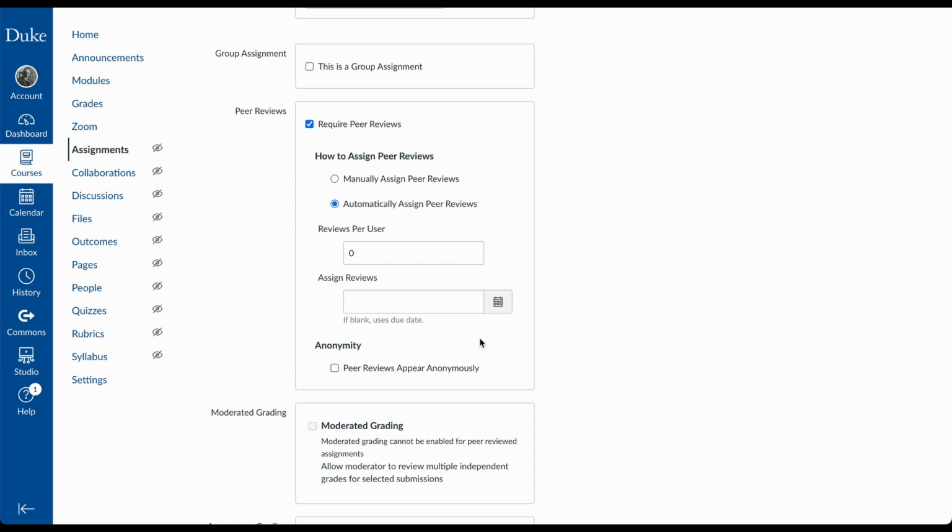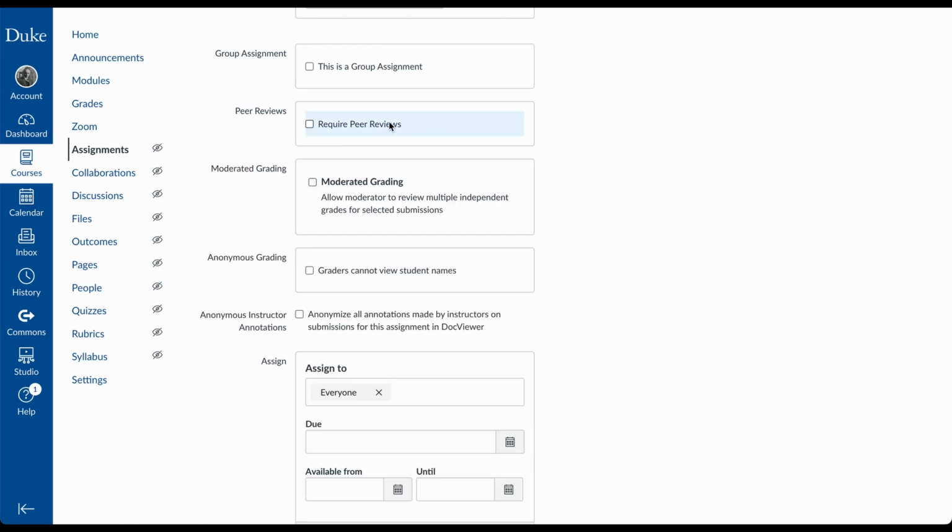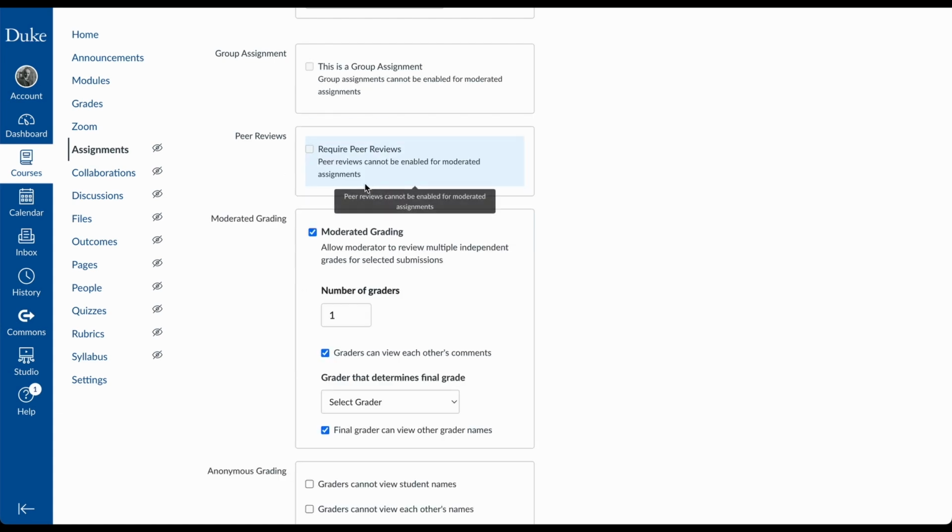You can also specify whether the reviews should be anonymous. You as the instructor and your TAs will still be able to see the names of the students. Please note that these reviews are private to the student being reviewed and are not visible to the rest of the students. The next option you have for assignments is moderated grading, which allows for up to 10 different graders